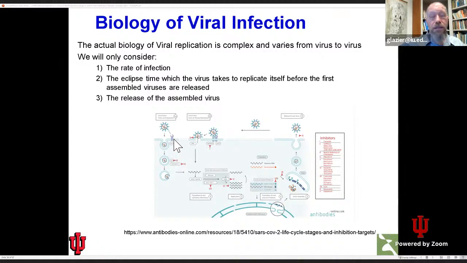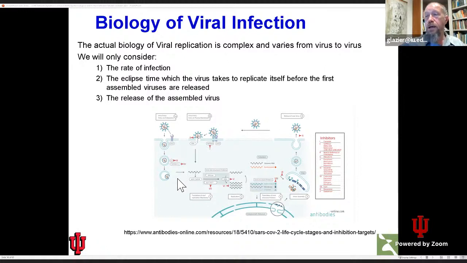When the virus binds to ACE2, it creates what's called an endosome, a region of membrane that surrounds the virus. It's pulled into the cytoplasm, and then that virus itself will disassemble and release the viral genome into the cytoplasm